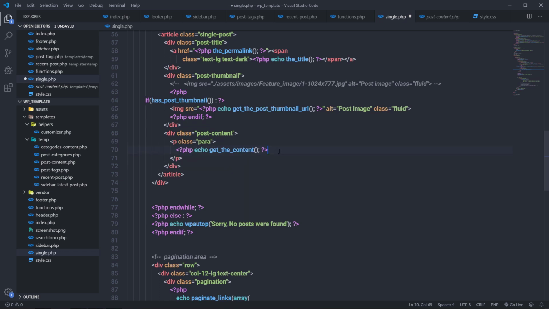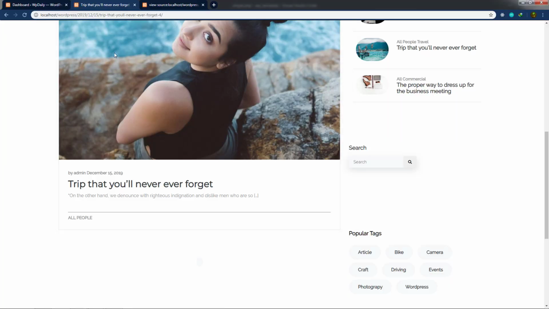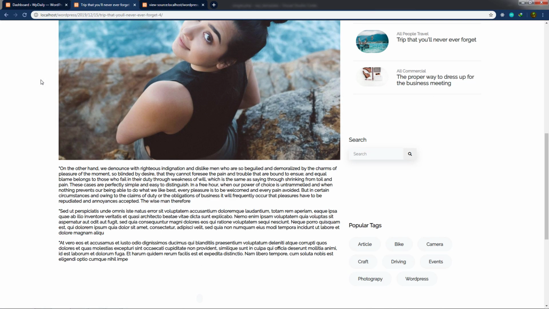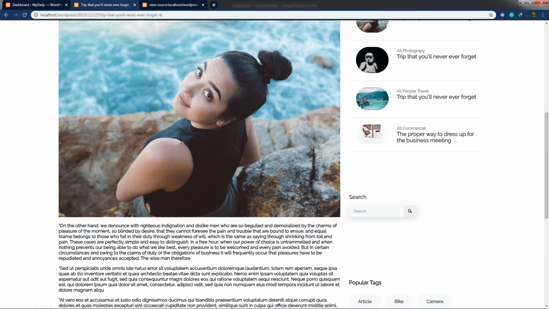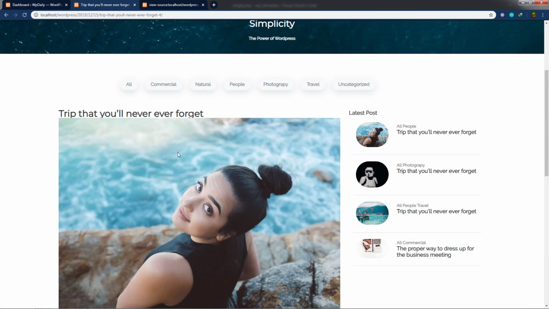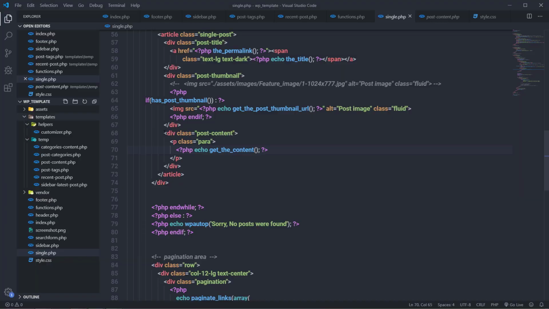Save the changes, go back to the website and reload it. Now, when I reload the website, you can notice I have the article layout here. And if you want, you can style this section. That's up to you. So if I want to style this section, I'm going to go back to my editor and